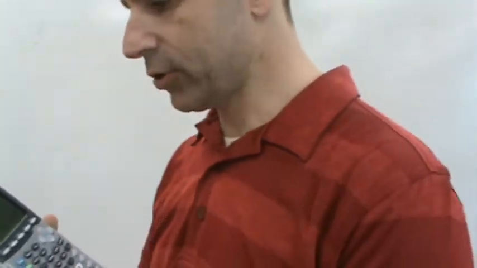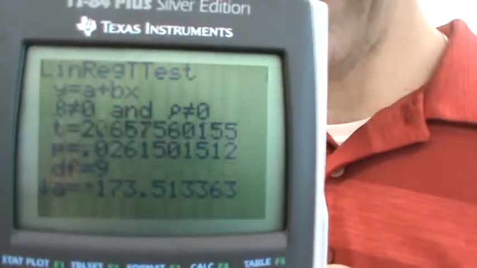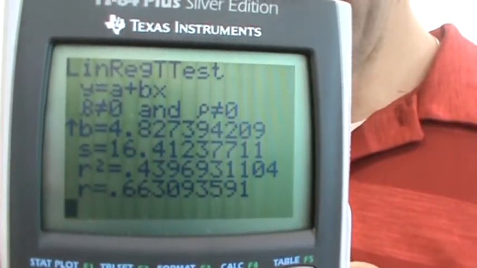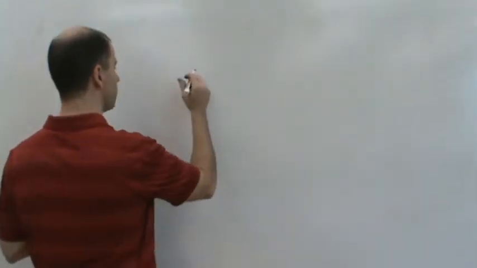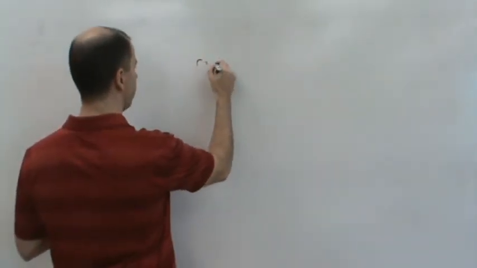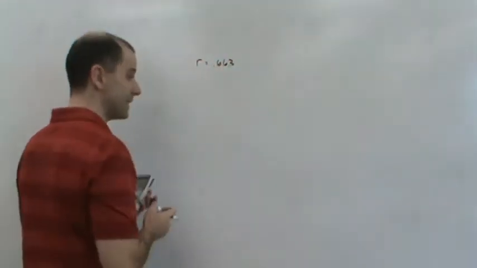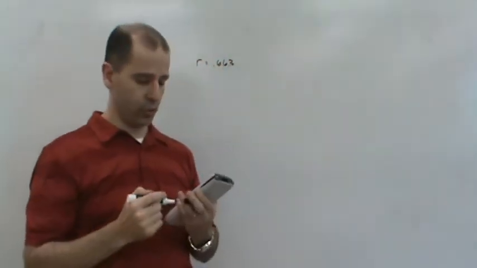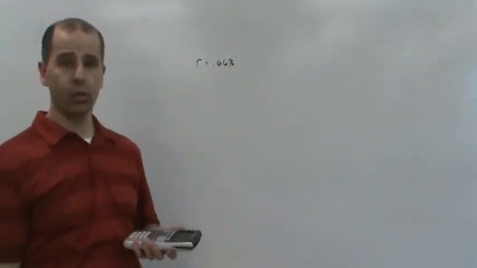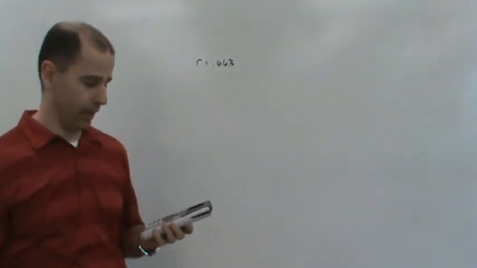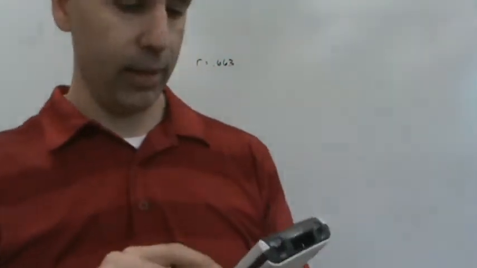Okay, so if I scroll down, look what I get for my correlation, right? R is what? 0.663. Okay, so my R value is 0.663. There's my correlation, right? Now, is it significant? Just because I have my correlation, it looks like there's a moderate correlation maybe. But is it significant? Well, that's where my